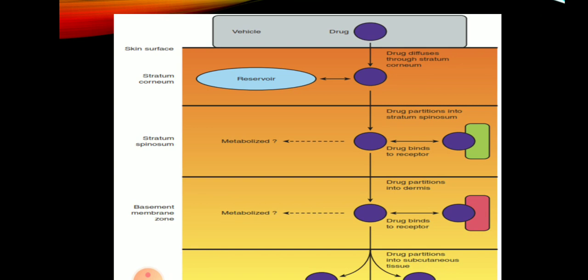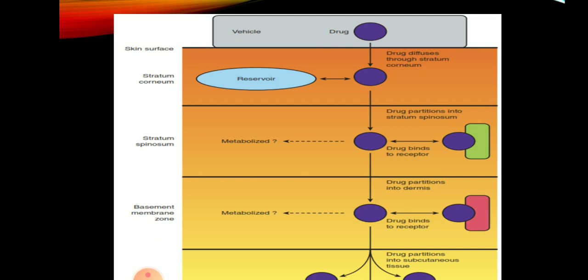If you recollect your pharmacy preparations, you can visualize the preparation of sulfur ointment, where yellow soft paraffin, or white soft paraffin, was working as a vehicle. So the drug was bound to the vehicle, then it diffuses through the stratum corneum level. It can be via the paracellular route or transcellular route, and once it is there, it can be stored as a reservoir. The vehicle itself can work as a reservoir at the level of stratum corneum, and from this layer onwards is usually the live skin.